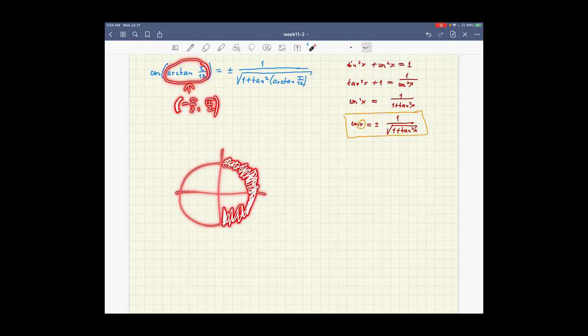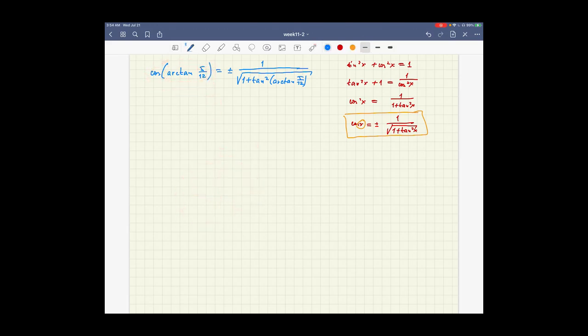The cosine function is positive in the first and in the fourth quadrant. So cosine of arctangent of 5 over 12 is a positive number. We therefore take the plus sign, and then the rest is a technicality,